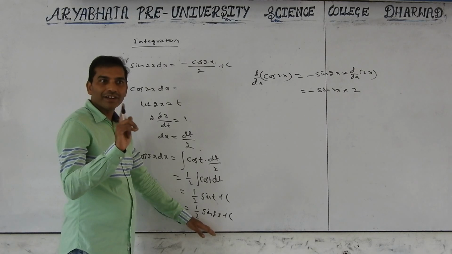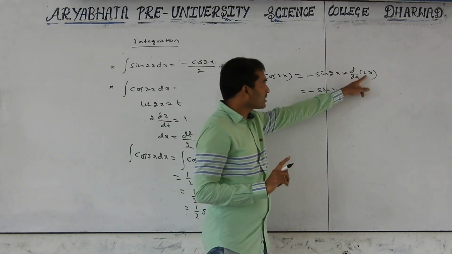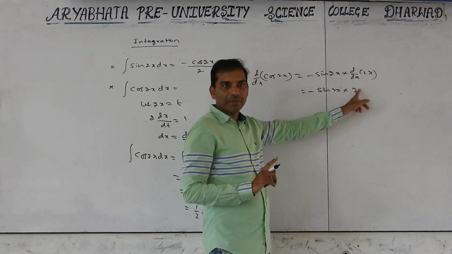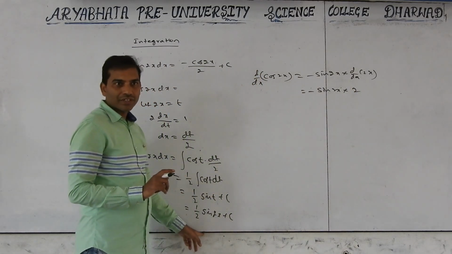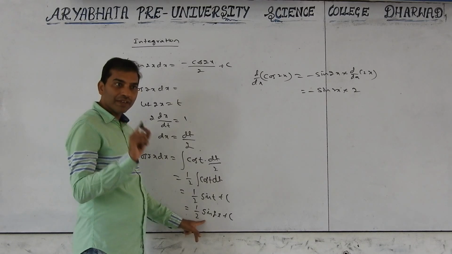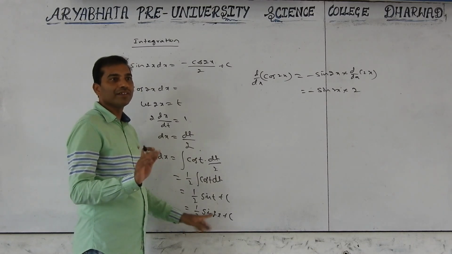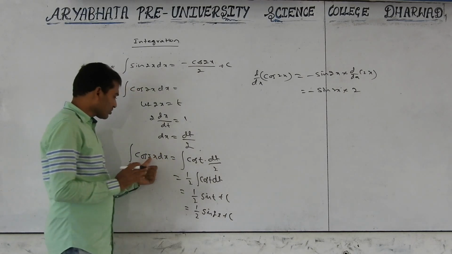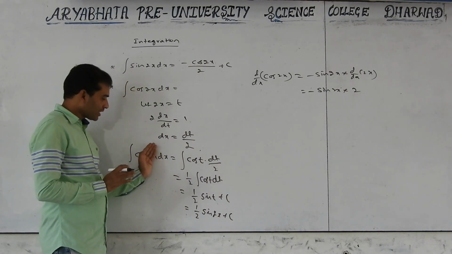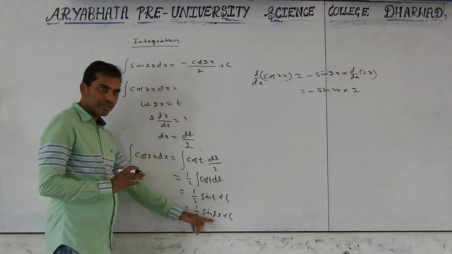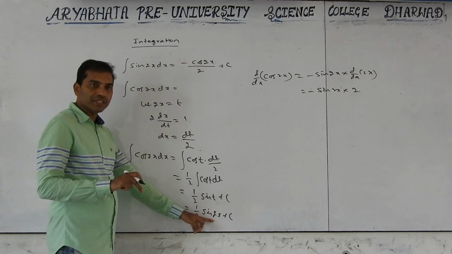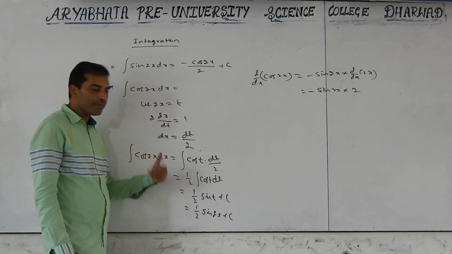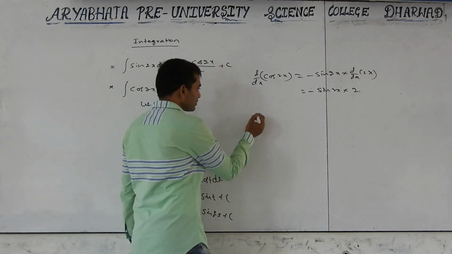But the denominator should be a constant. A variable is not possible. Here if a variable like 2x or 2x square comes, we can write the variable here, whatever it may be, but in the denominator it should be a constant. If it is a variable, it does not exist. See, cos 2x, this we have assumed as x. Cos x integration is sin x, x means 2x. 2x differentiation is 2, that you write in the denominator, so sin 2x by 2.